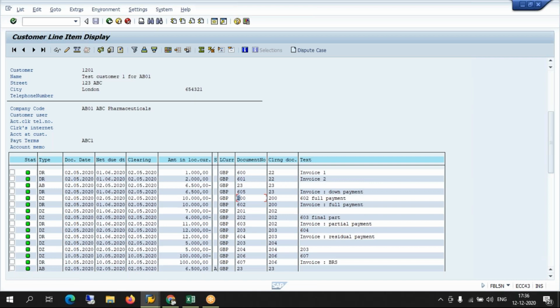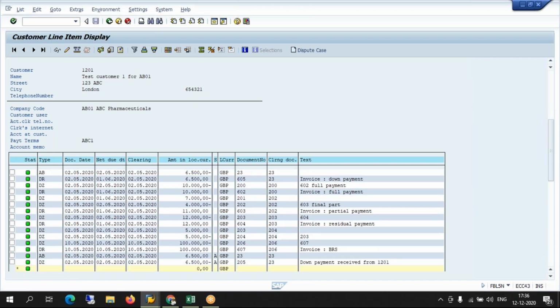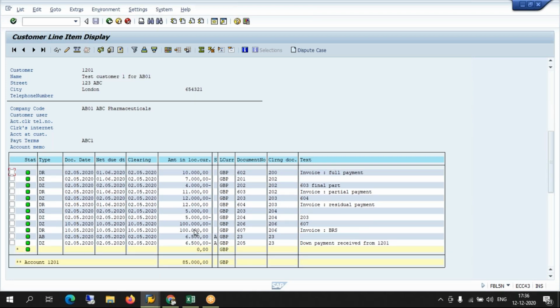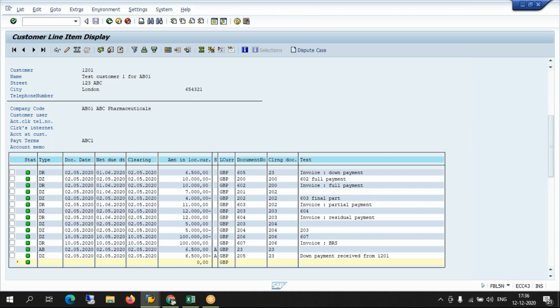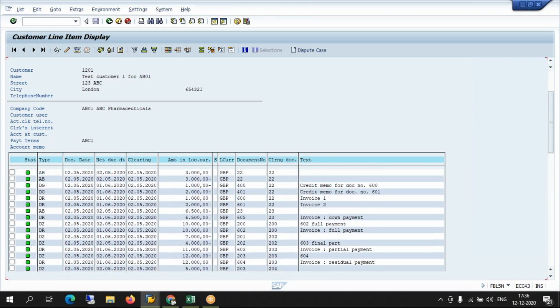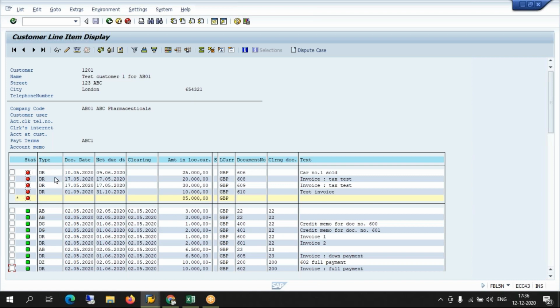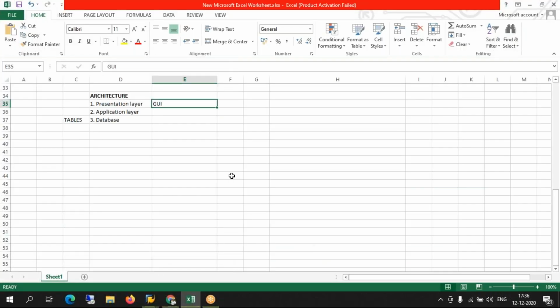So all the transactions done with this customer, and finally the customer has to pay us 85,000 pounds, broken into this. These are the open items. I hope you understand what is a presentation layer, application layer and a database.